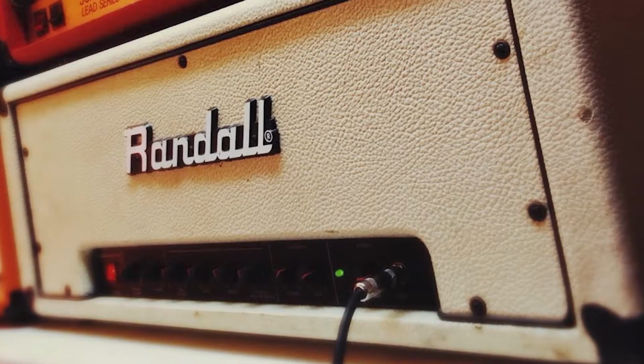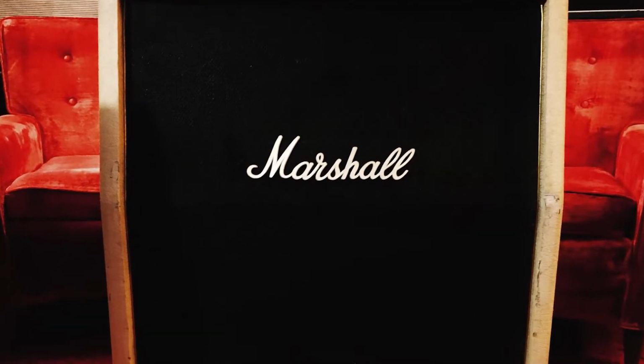So unlike the Fender Deluxe that we used on a lot of the other clean tones on the album, we actually used a white Randall Century 170 solid state head going through a Marshall 412 cabinet to get the clean